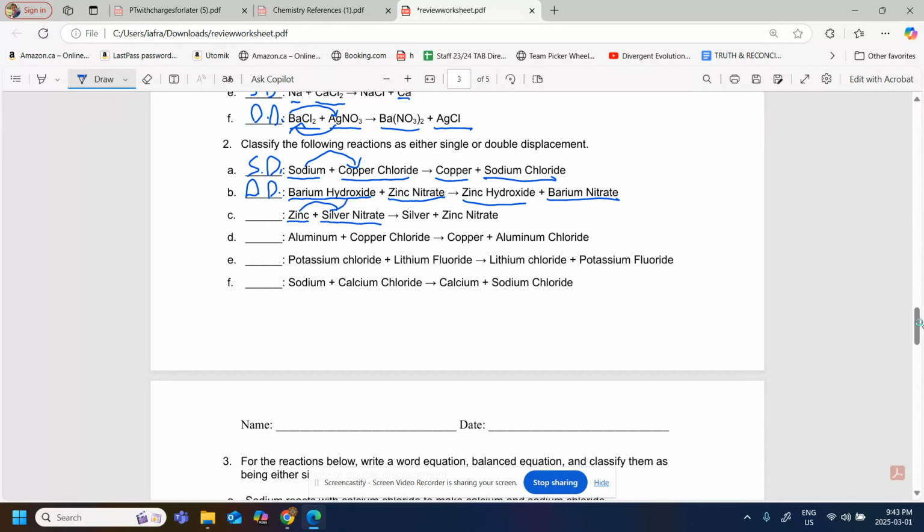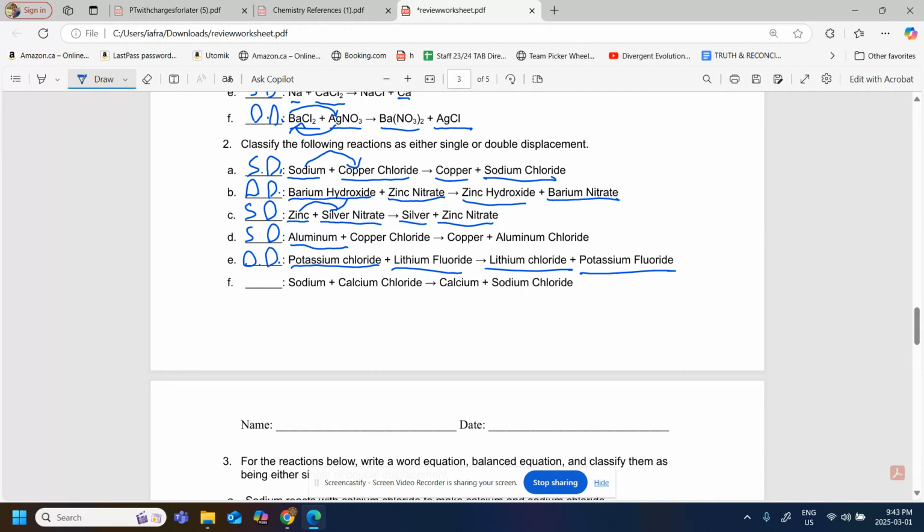The element kicks one element out of the compound, a new element's alone, and that element that was alone before, zinc, is now in the compound. So we have a single displacement reaction. Here, similar pattern, single displacement reaction. Here, two compounds with the partners switching spots. Potassium goes with fluoride now, lithium with chloride, so no one's single in the end, so we have a double